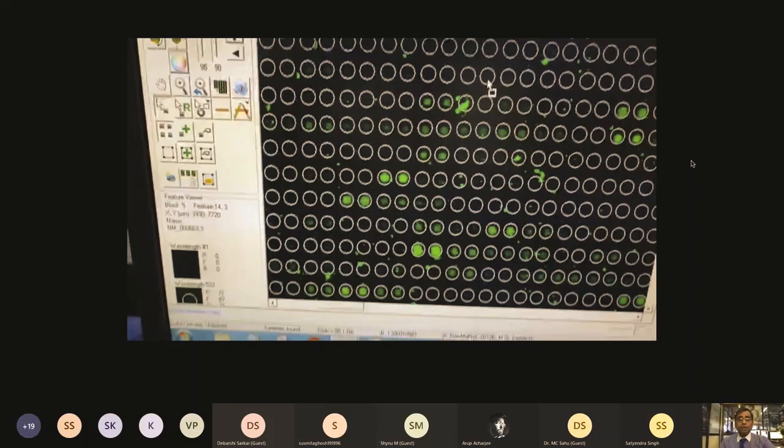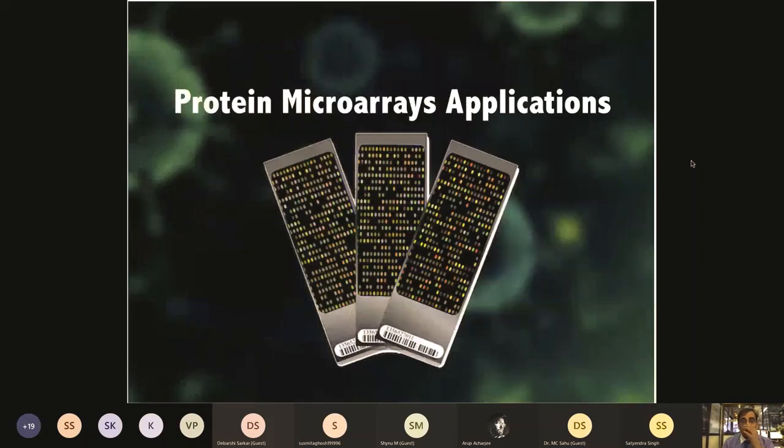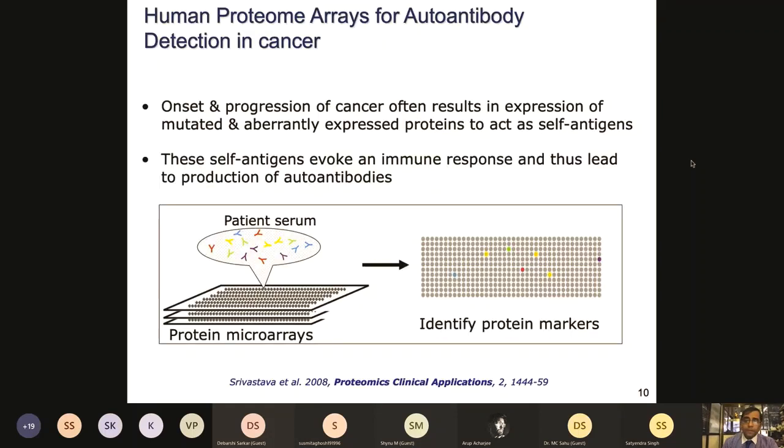I'm going to talk briefly about some microarray applications, although Sobo spoke yesterday about microarrays and some applications. I'm just showing you a couple of applications done in our lab on a cancer project and also a malaria project. In most of these projects, when we are looking at the patient serum sample, the idea is that if it is an autoimmune disorder, then of course you are very sure that there will be some autoantibodies generated against self antigens, which can be used for detection of the autoantibodies.